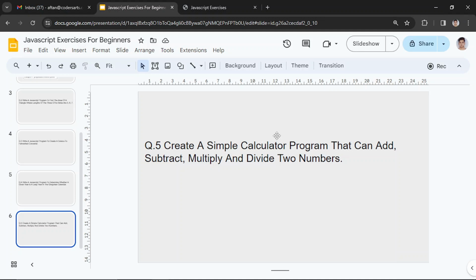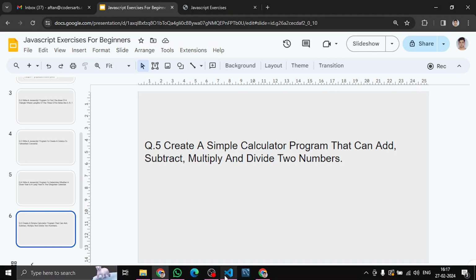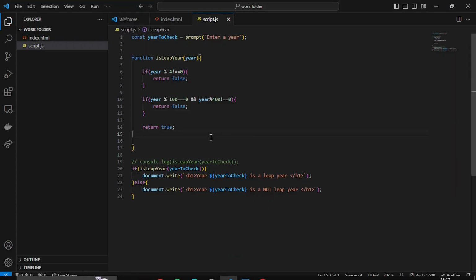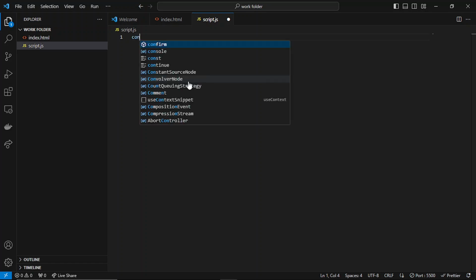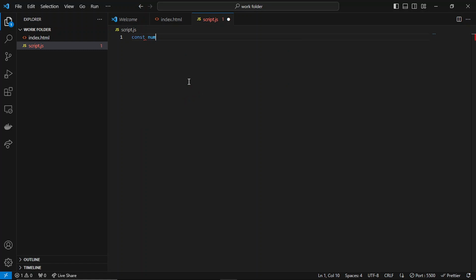So hello everyone, in this video we'll be creating a simple calculator program in JavaScript that will allow us to add two numbers basically, and subtract two numbers, multiply and divide. So basic fundamental operations it will do. So let me just create those functions, and first of all what I will do is I'll write num1 as the variable, let's say 5,